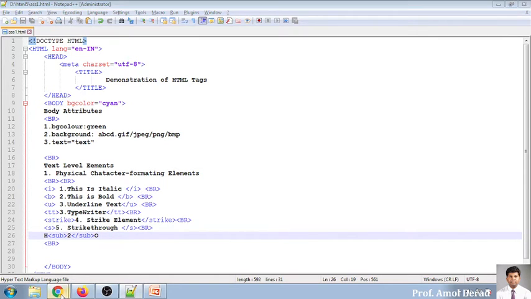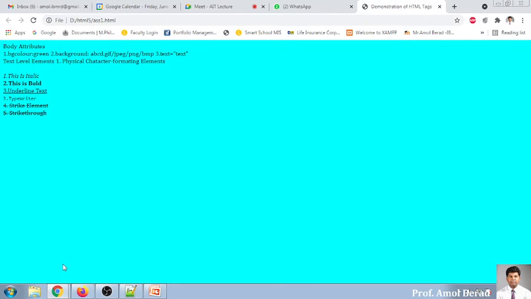Sub will be doing this. So whichever thing I write in sub, that will be a subscript style. Whatever you write into the sub tag will be displayed at the bottom part of your text, and the font will be automatically reduced. So you see the output.